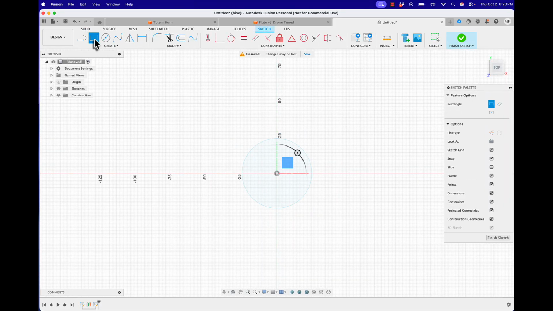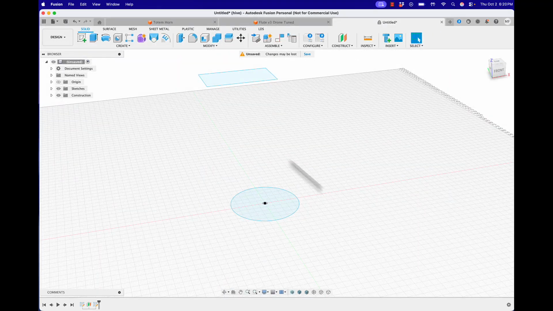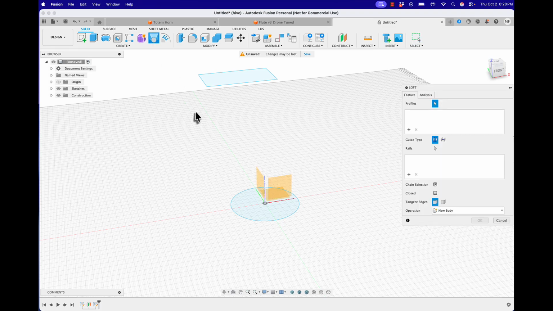And we can even use a different shape. So let's make a rectangle and finish that sketch. And then to connect these two, in Fusion, it's as simple as selecting the Loft command,